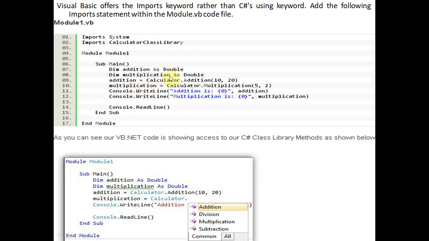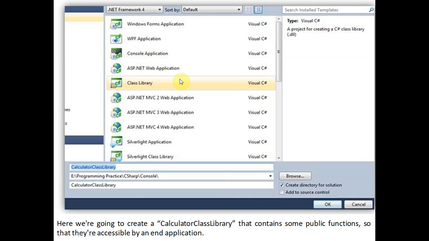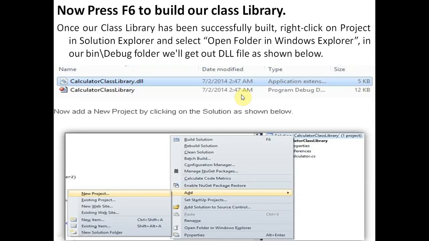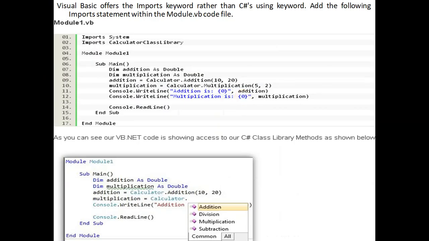So addition equals Calculator.Addition(10, 30). Calculator is a class, a class of C#. Again, you can see here Calculator is the class of C#. This is a C# program. So Calculator.Addition takes two arguments, number 1 and number 2. We can directly use this class and the functions inside this Calculator class.